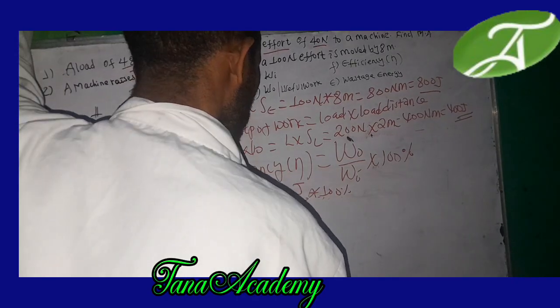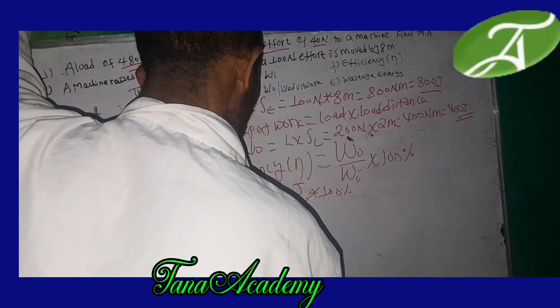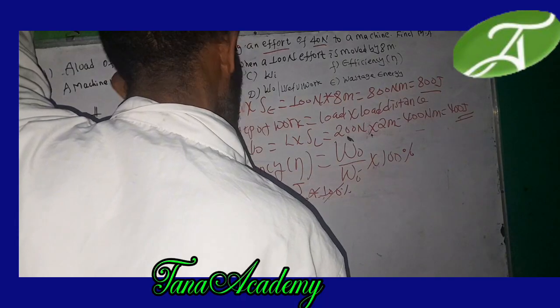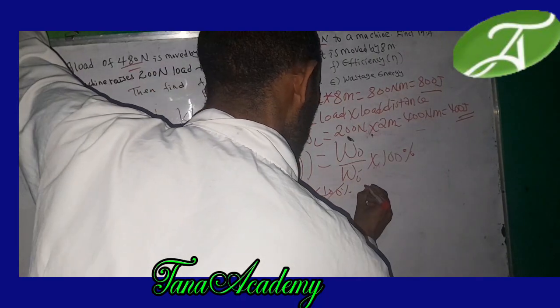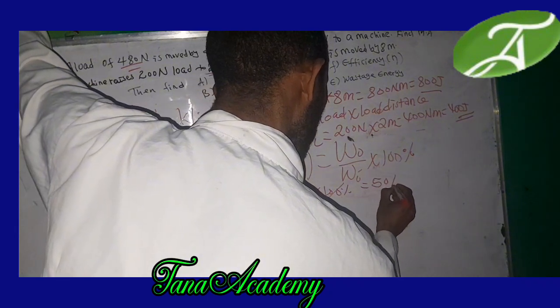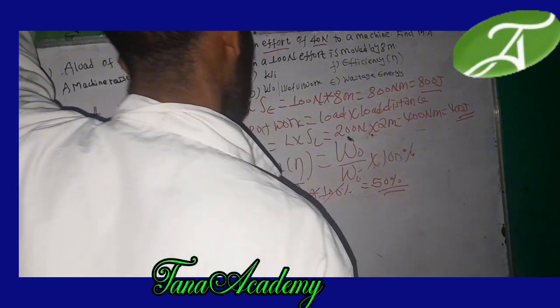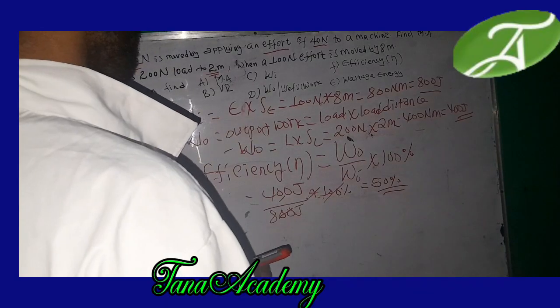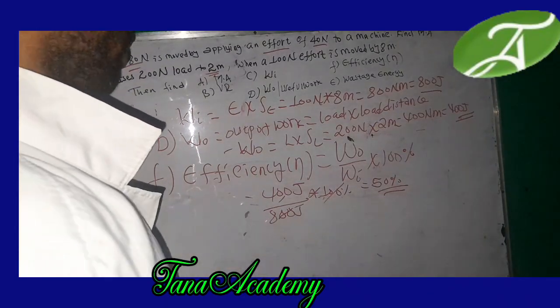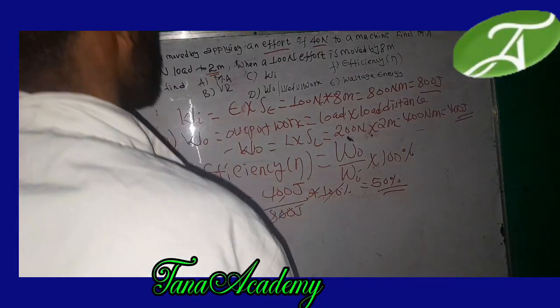Okay. 400 over 8 becomes 50%. Efficiency of a machine is 50%, while E